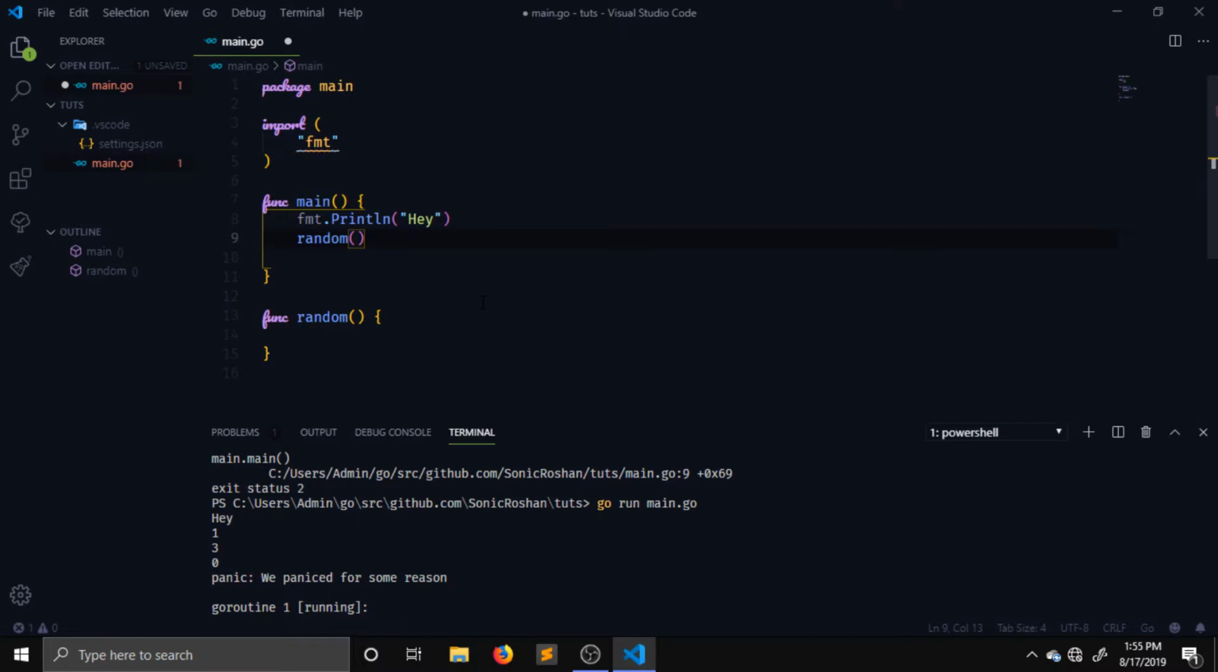Okay, now let's get into recover. Now let's get into recover. Basically what recover allows you to do is recover from a panic and continue your program. So for example, let's come down here and print something,